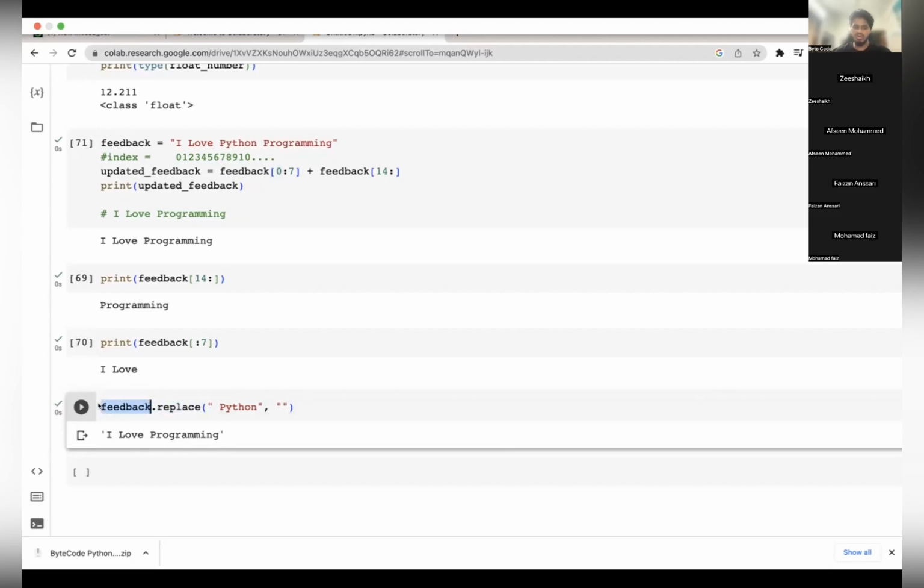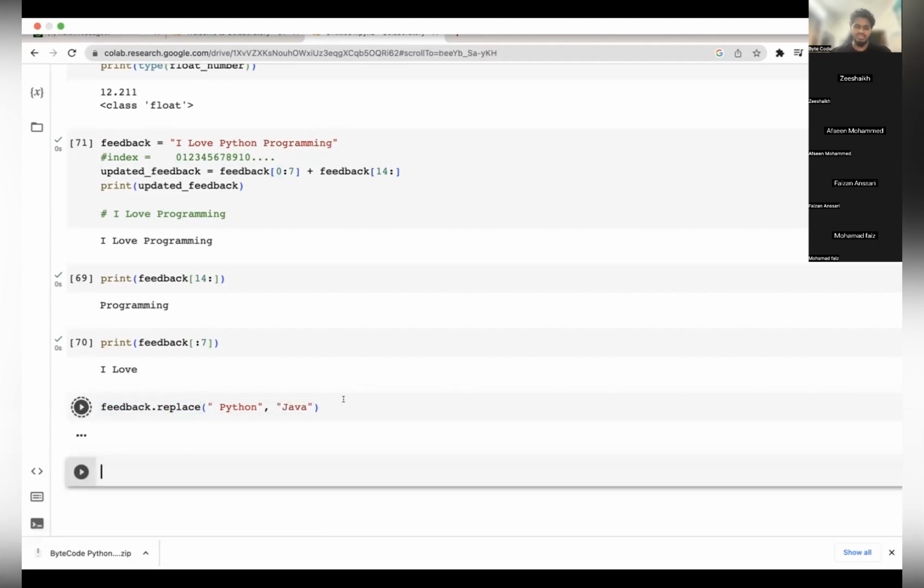You can't just directly call replace. You have to take a string dot replace, then round brackets, and mention whatever you want to replace and what to replace it with, like I can say Java here, and I love Java programming. Yeah, so I did that.